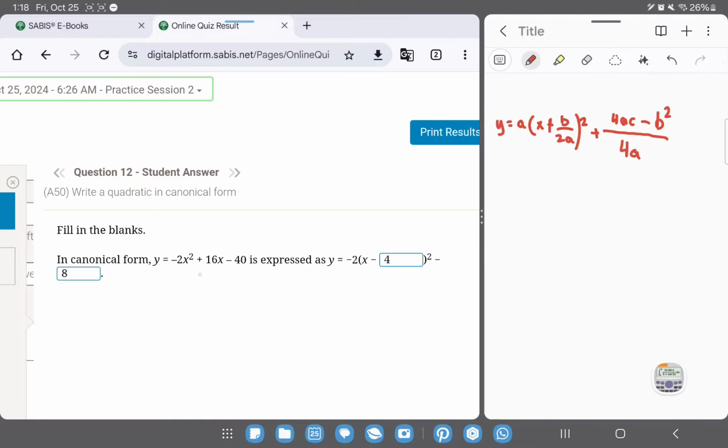-2 is our A, 16 is our B, 40 is our C. Let's start solving. y equals A, which is -2, into x plus, what's our B? 16 over 2 times -2, squared, plus